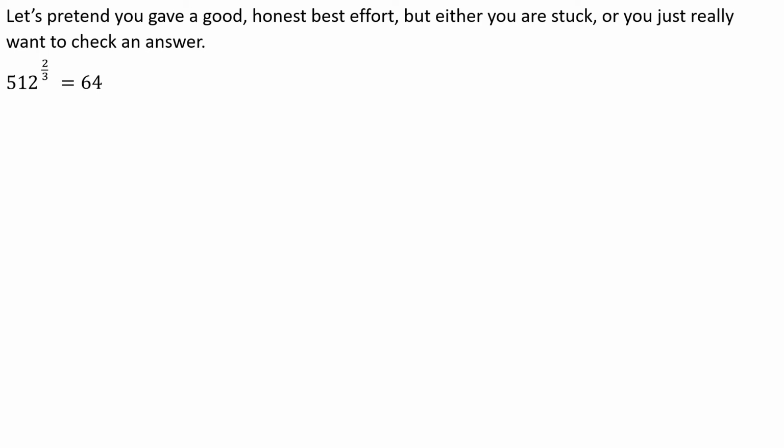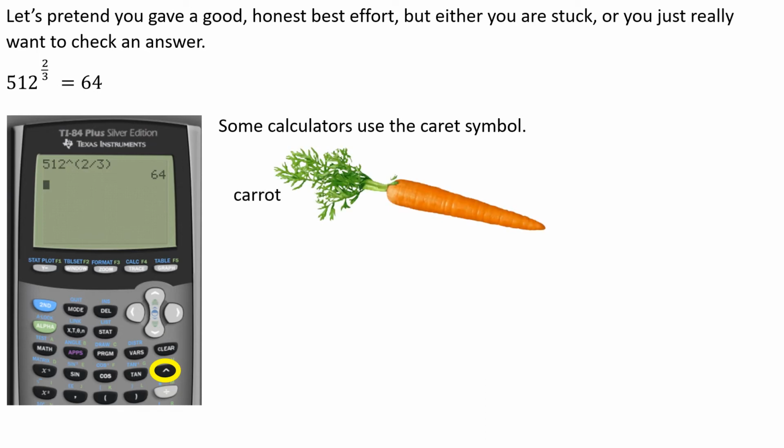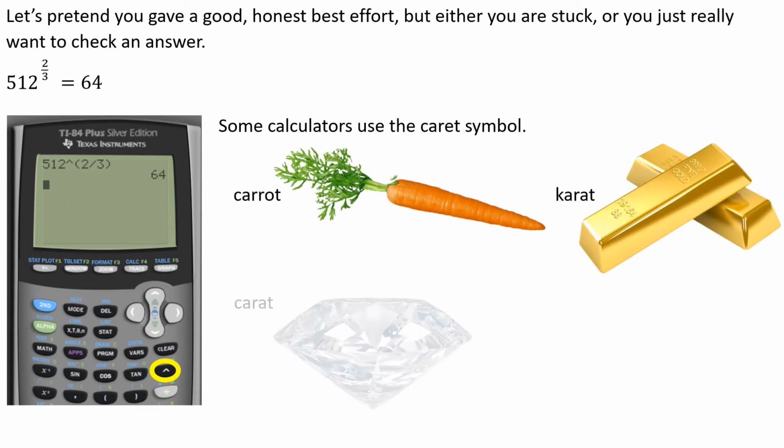Or maybe I think I did everything correctly, but how do I know if I got the right answer? So, again, let's pretend we've got this one, that 512 to the 2/3 equals 64. And let's pretend I worked it out step by step on paper, or maybe I referred to that table, but I'm like, you know what, I'm not certain I've got the right answer. Okay, so if I get a calculator, here's a screenshot of a TI-84, and it uses the caret symbol for